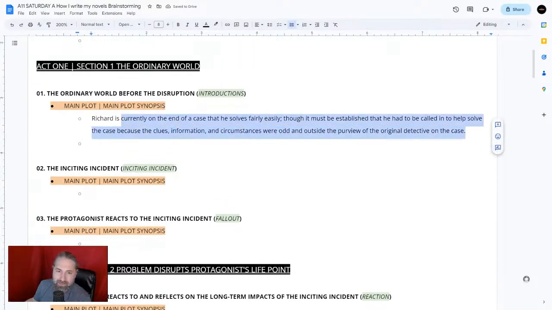Now, even though I have this sentence right here, it doesn't mean that's going to be the only scene. It doesn't mean that's going to be the only chapter. It just means that I have to establish this plot point over the course of my first plot point. So my ordinary world will be that Richard is currently on the end of a case that he solves fairly easily, though it must be established that he had to be called in to help solve the case because the